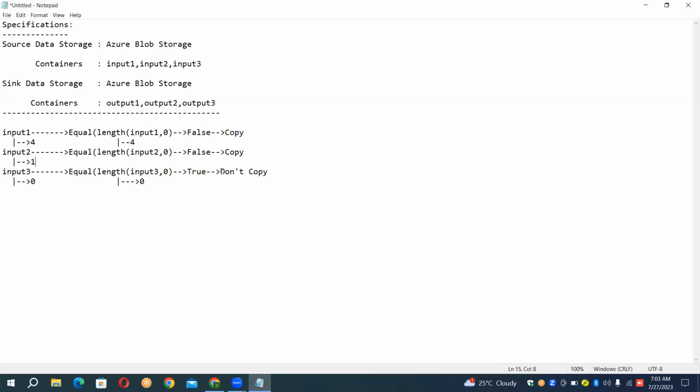And now here you have 1. So is 1 equivalent to 0 or not? No, it's not equal. So false, carry out the copy activity. The same logic we are going to apply right now. Can you see here, guys? So we can use any function here, equals or non-equals. Any one function we can use. So guys, based on this,